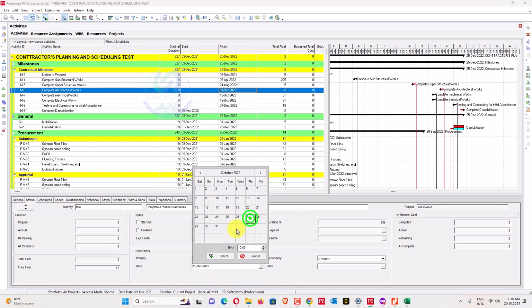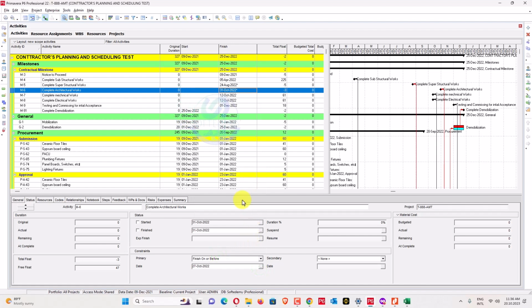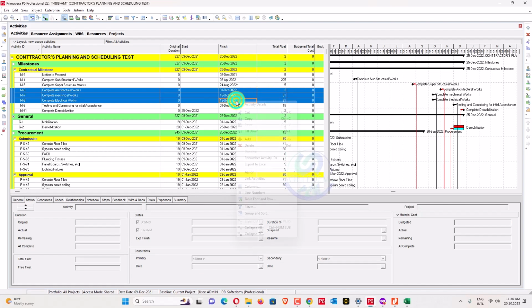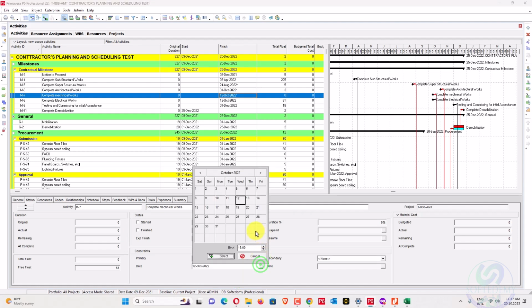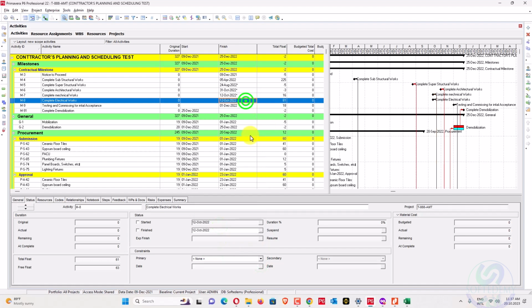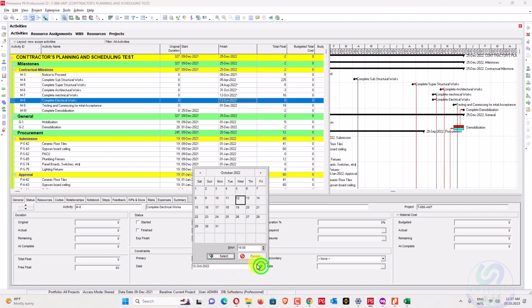27 of October, 5 days difference. Okay, 3 days and 5 days, we'll consider this one, fill down, not applying, fill down. Okay, I will match this date. Just apply this one, not a big deal. 31 of October, finish before 31 of October.